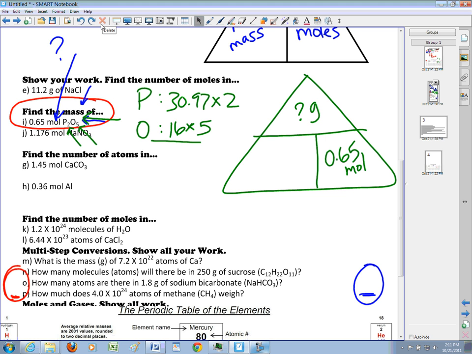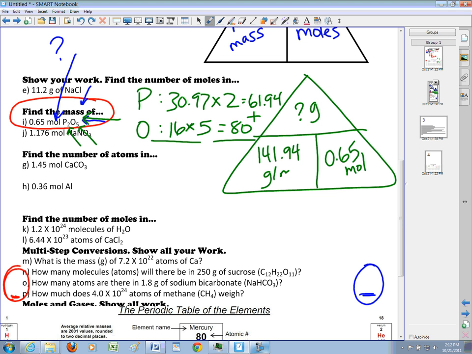Okay, we got 30.97 times 2. That's 61.94. And we have 16 times 5. 16 times 5 should be 80, yep. Equals 80. I have to add those two numbers together, so 61.94 plus 80. And I get a molecular mass of 141.94. That's the molar mass that I was missing there, and the molecular mass of P2O5, and that's in grams